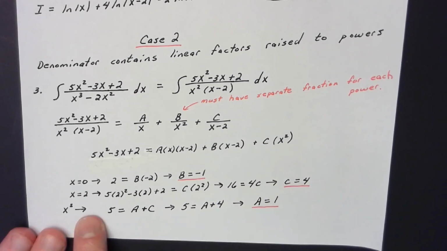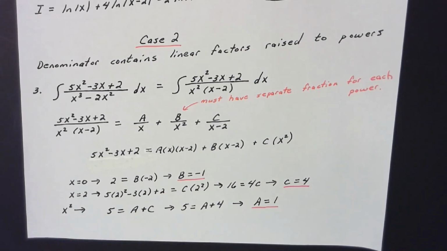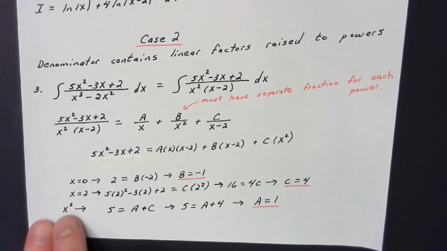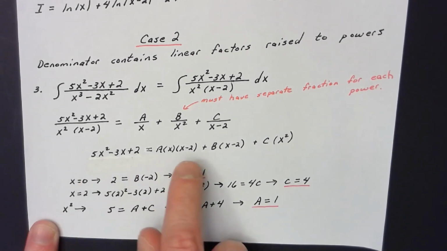Now, I come down and I can say, well, okay, I have my solution for b and I have my solution for c. Unfortunately, there's not any other number that you can plug in to solve, but you can use some logic here. And here's the logic that I used in this problem. Notice I put x squared over here. If you look at x squared,